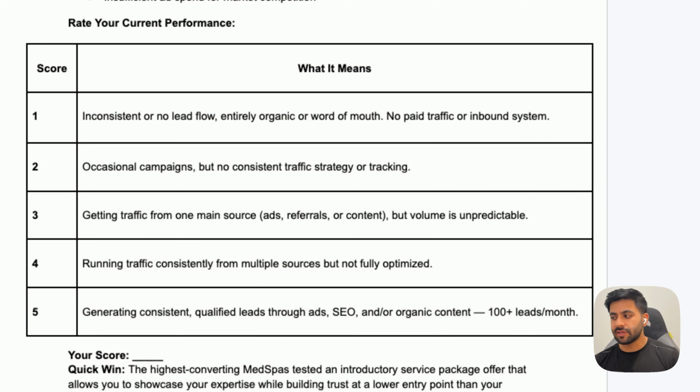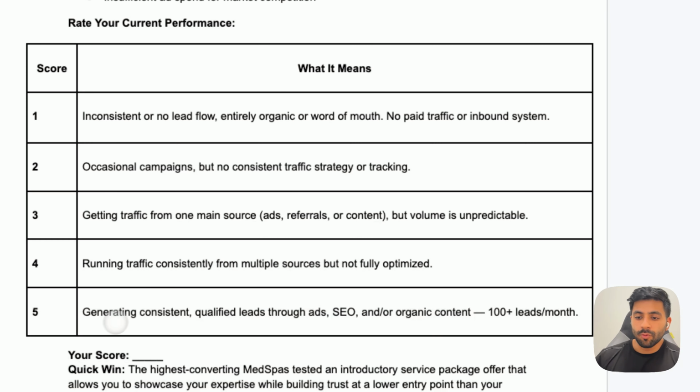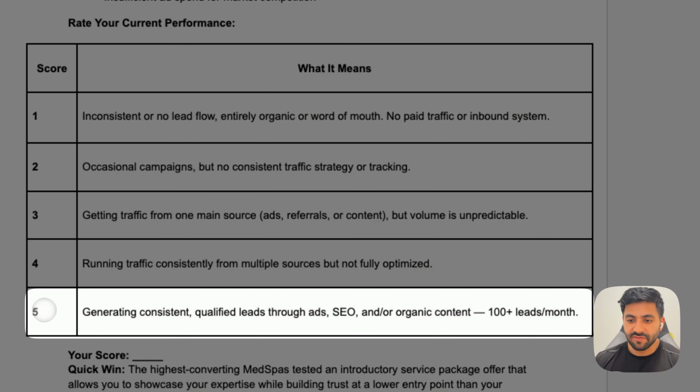You don't have a good idea of if I put in this much, I'm going to get this much out, right? 4 out of 5, now we're 80% of the way there. You're running traffic consistently from multiple sources, but there's still leaks here and there. You're not fully optimized. If you're able to score 5 out of 5, not only are you generating consistent content